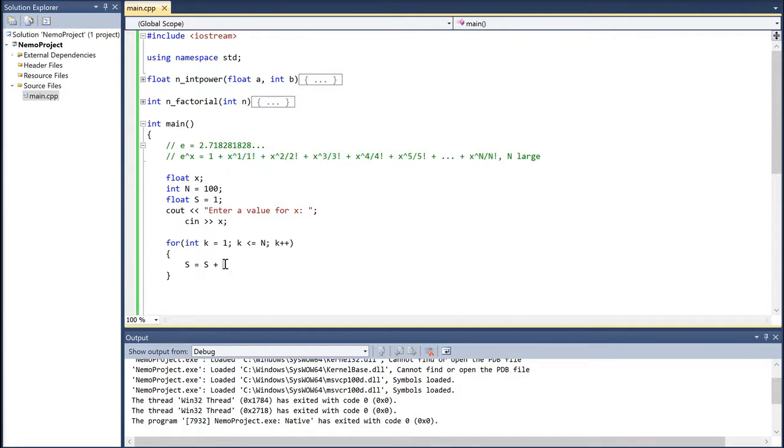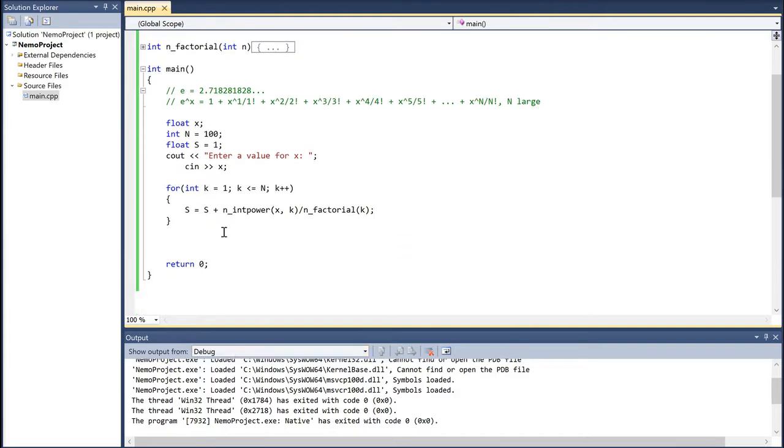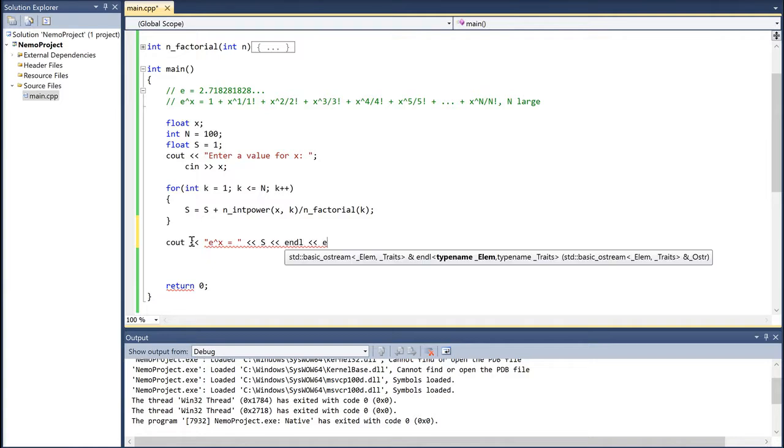So this is going to be equal to what? So this is going to be equal to the nth term of what? So that's going to be x to the power of k divided by the factorial of the value of k that we are located at. And that's going to be added to the sum, right? So now we can cout the value of e to the x. So e to the x is approximately equal to, and then we're going to cout the value of s,